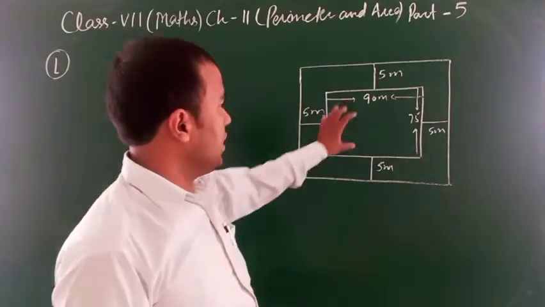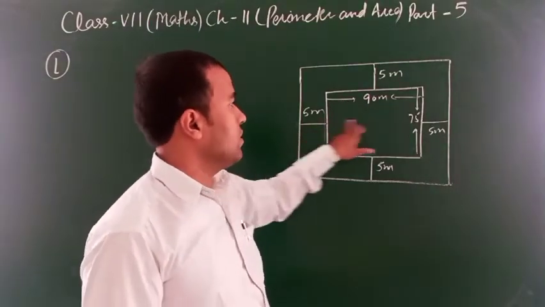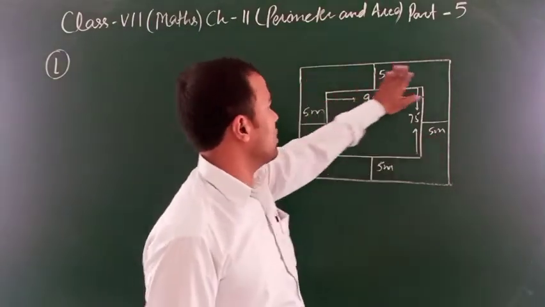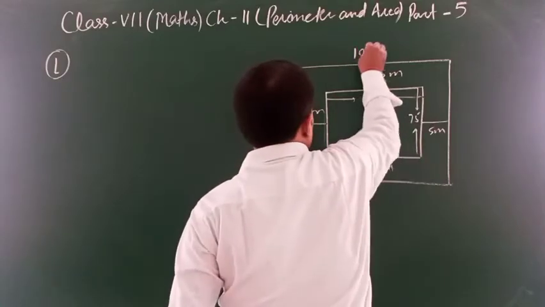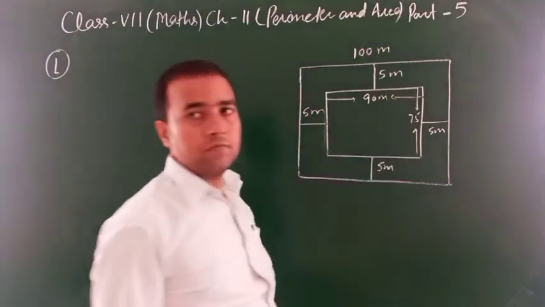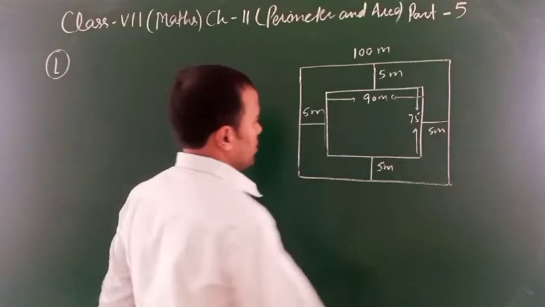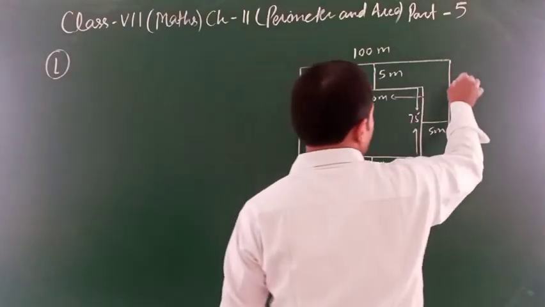Okay. 90 meter, 5 here, 5 here, means total length is 100 meter. Clear? Here 75 plus 10,